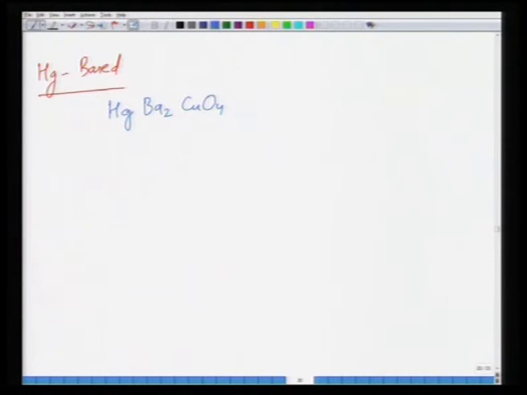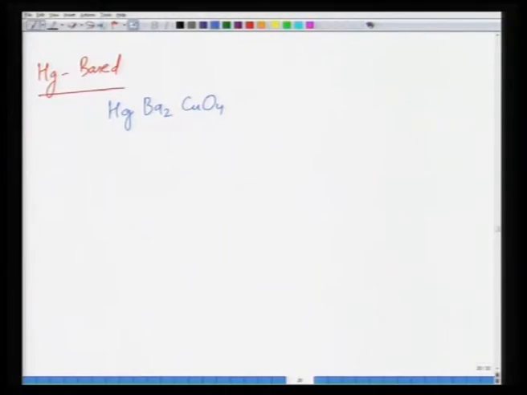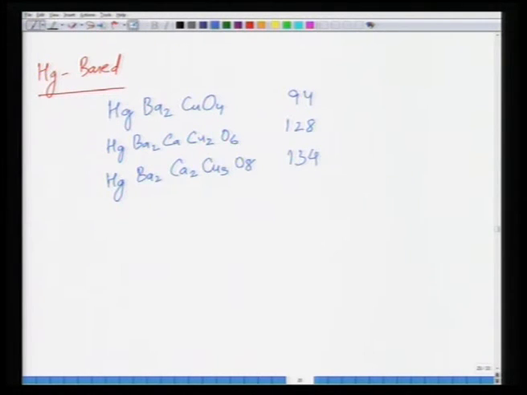They have copper layers in between. So there is something to do with the copper layers which is important. Barium oxide, copper oxide layers are what make them superconducting. So there is something to do with that which has to be understood. Then Hg Ba2 Ca Cu2O6, and then you have Hg Ba2 Ca2 Cu3O8, and these have Tc's of 94, 128 and 134 Kelvin, again